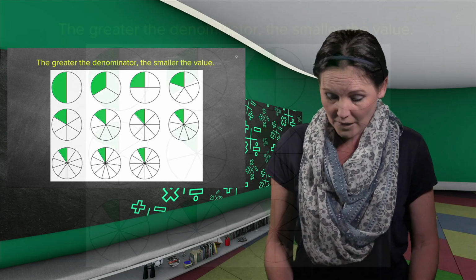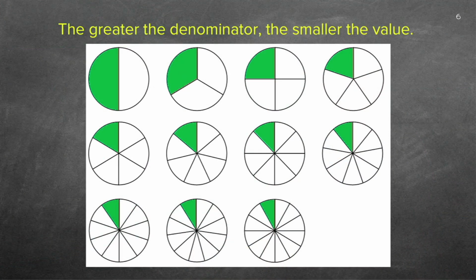Now let's look here. I gave you a circle here. Here you will see with the first circle, I divided into half. Now if I had a cake and I divided the cake into 2 pieces, my denominator will be 2 because my whole is divided into 2. Can you see how big is a half? It's a huge part you're going to get.